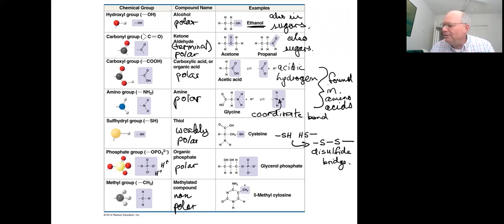And you can see the addition of the methyl group to it. So 5-methyl cytosine, the cytosine is the nitrogenous base part of the nucleotide. It's attached over here. That actually forms part of the DNA, and it's the addition of this methyl group